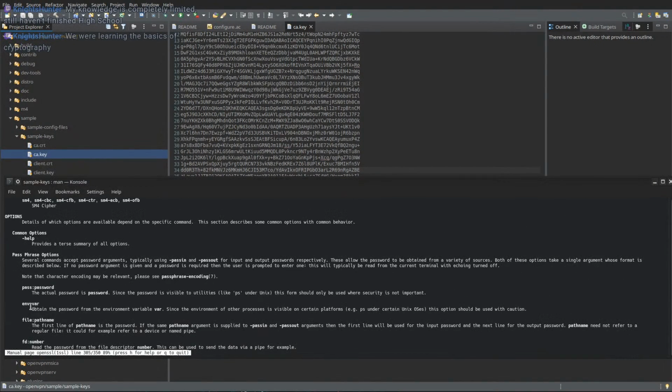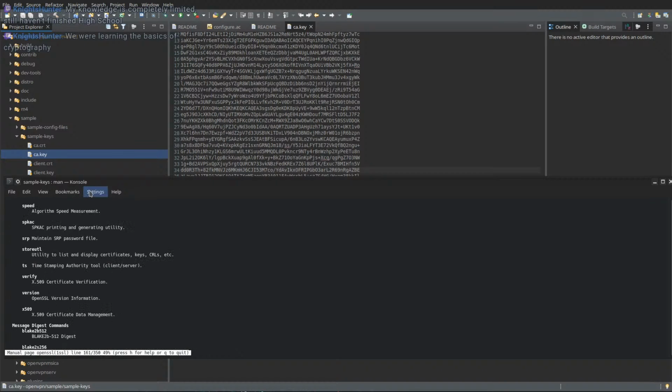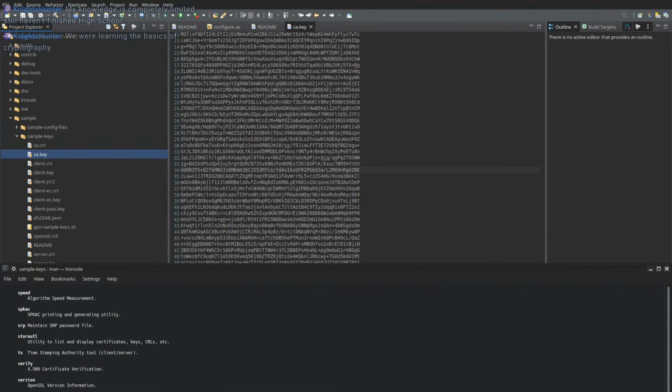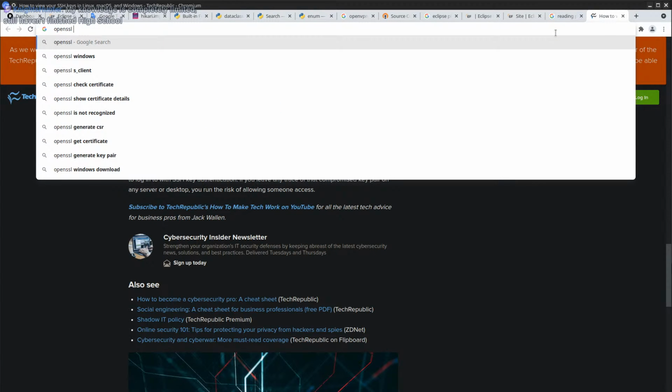Options. Okay, it doesn't really have any commands. Okay, displaying. Let's Google displaying certificate data. There's OpenSSL. Read certificate.